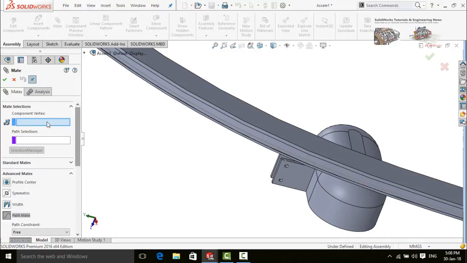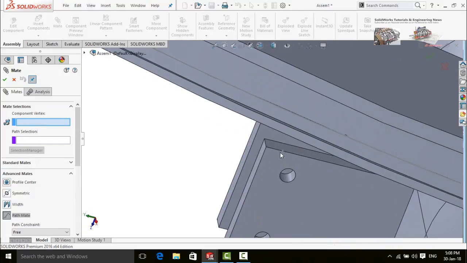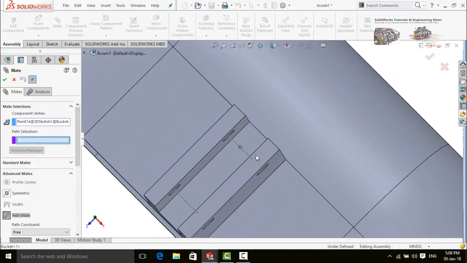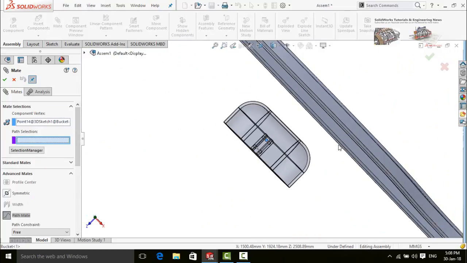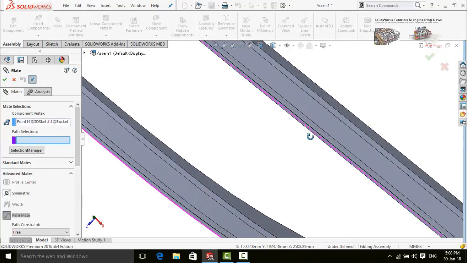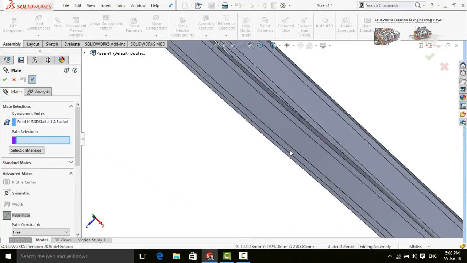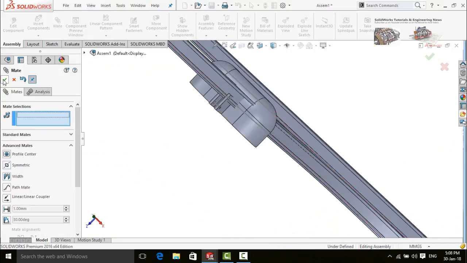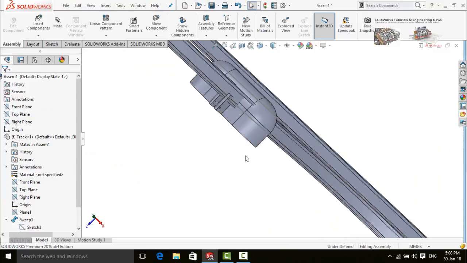Scroll up. First of all, we have to select component vertex. Select this point. Now select this spline as our path. Press OK button. Again press OK button.